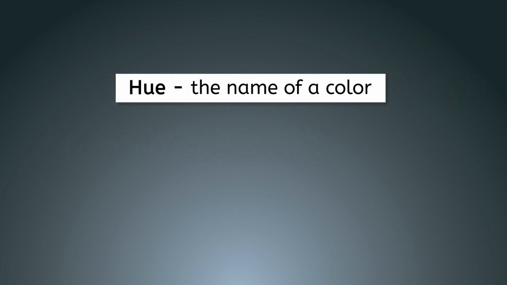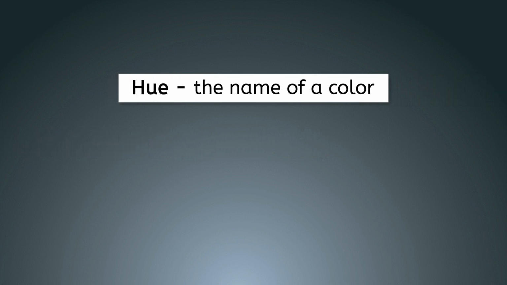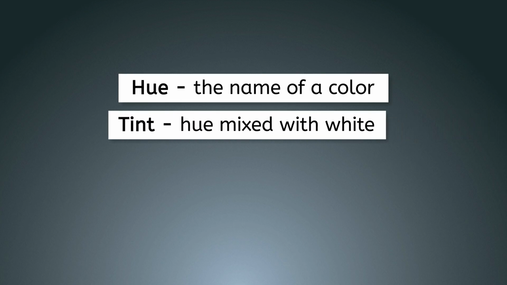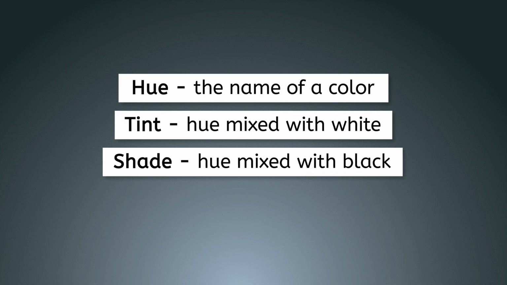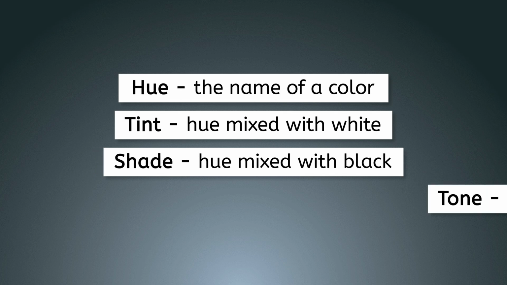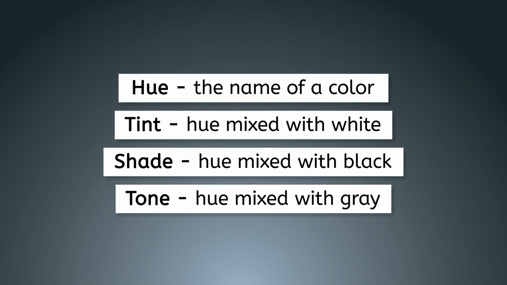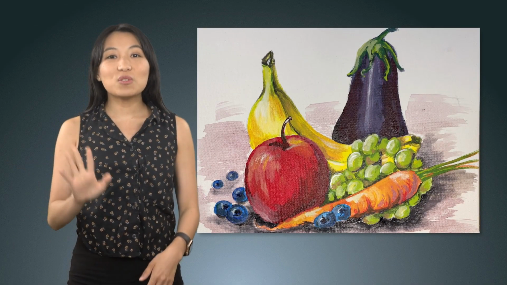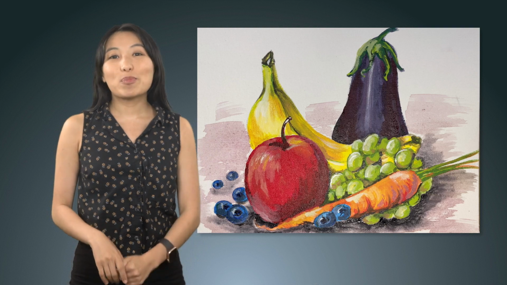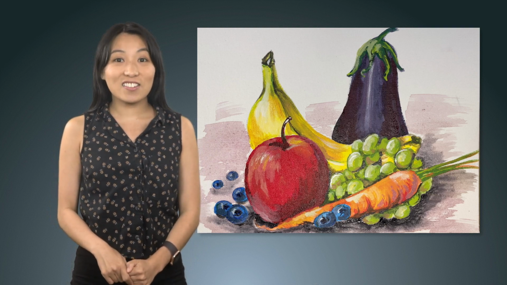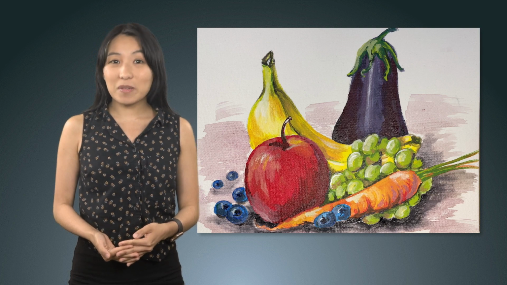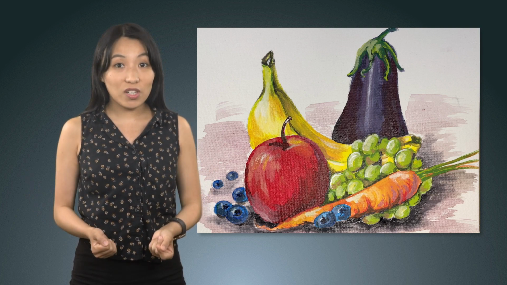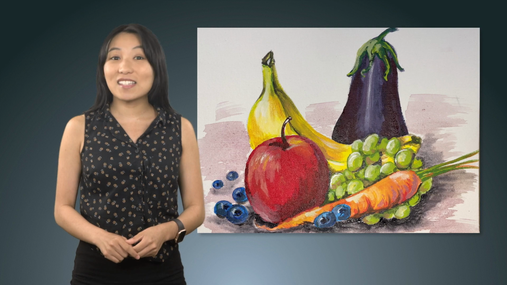We learned that hue is another way to refer to the name of a color. Tint is made by mixing a hue with white, shade is made by mixing a hue with black, and tone is made by mixing a hue with gray. An understanding of hue, tint, shade, and tone is practical knowledge for artists, designers, and anyone looking to use color to communicate. As you experiment with these variations in your own work, you'll discover the power and subtlety they can